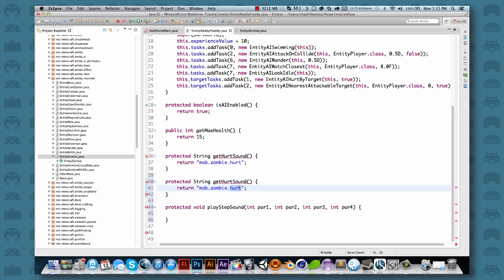I'm going to get dot death, and then change this to death. I'm not sure why that was like that. Either way, it's fixed now and it's working. So under the play step sound, we're going to type this